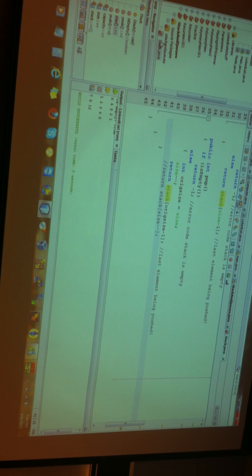Another option would be, instead of creating the original size, you do size minus minus and then return stack position